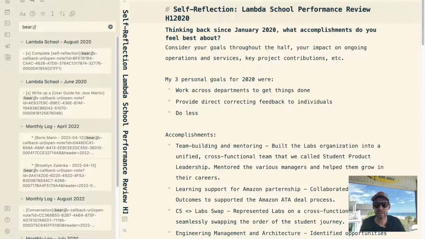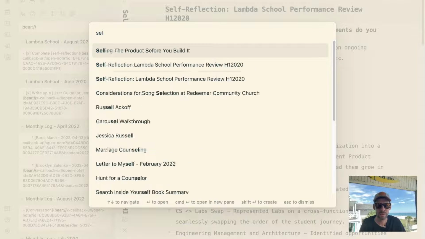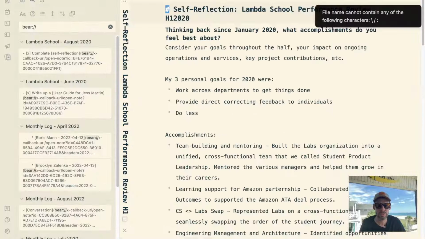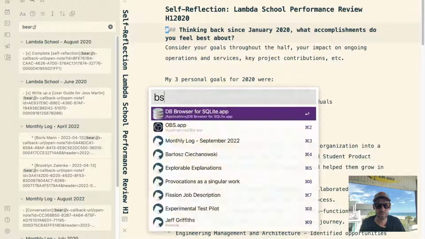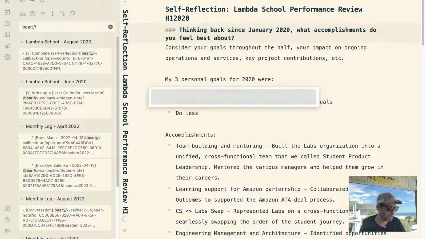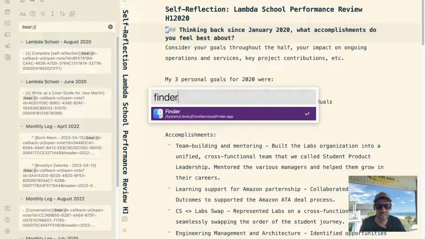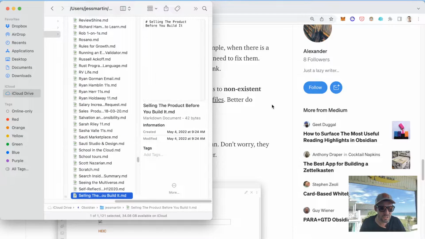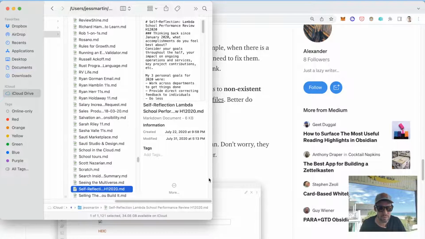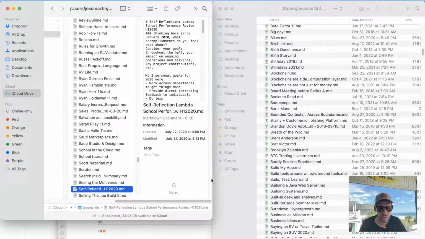Oh, file name cannot contain any of the following characters. It's like I had some illegal characters. Whoopsie. Interesting. All right, well, let's go. I guess I was saying that I would find these quickly if they existed. Let's go over to Finder and to these, self-reflection.